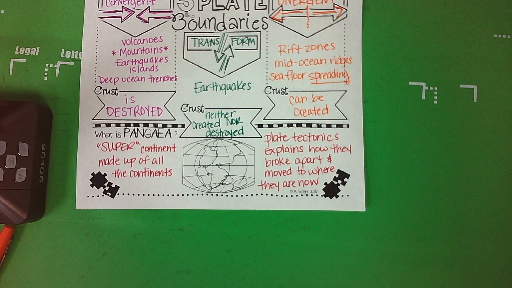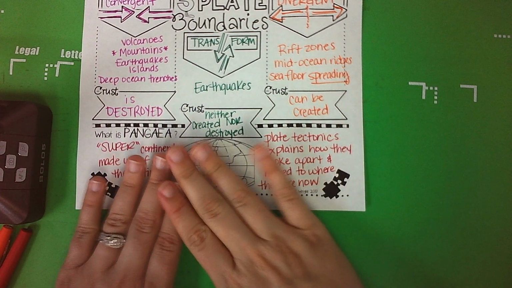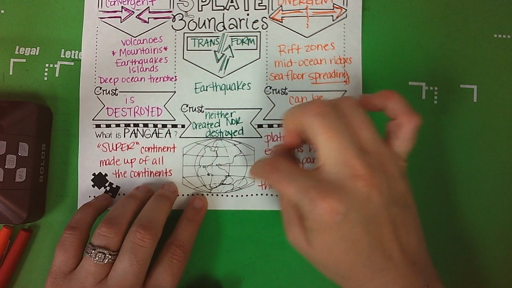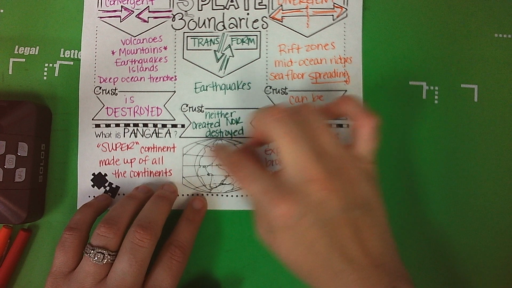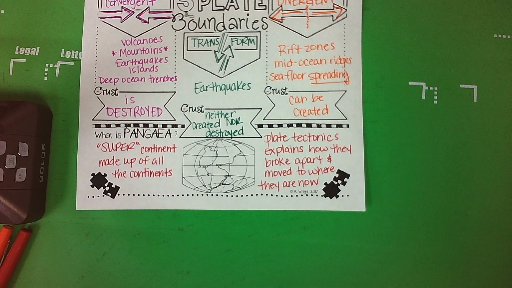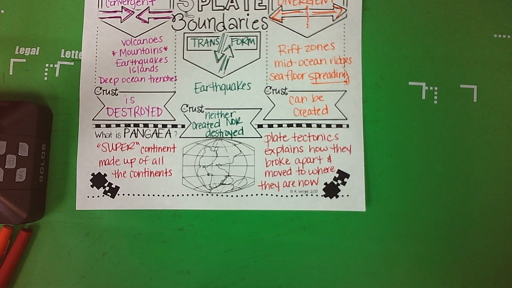So think about the Pangea activity and how all the puzzle pieces kind of fit together, and so then they were all together, and then as the tectonic plates started to move, then things started to spread, and then new ocean floor was made, and then, think about it. If there was water all over here, okay, and then they start to move away, water is going to fill in those spaces. So tectonic plate movement actually caused the continents to drift apart,